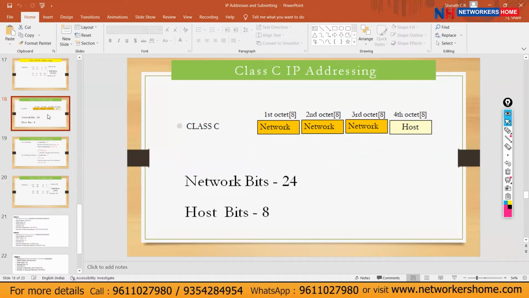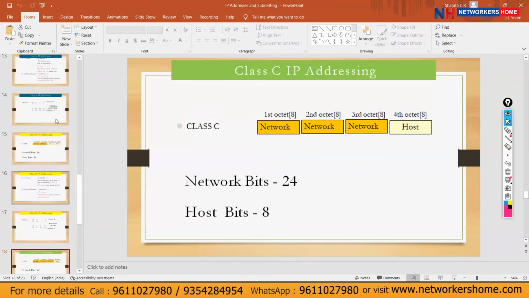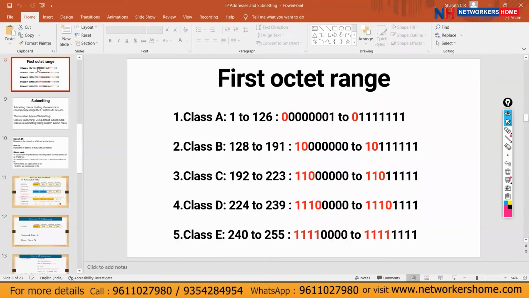Class B uses 172, class C uses 192, in the range. We have divided the range. If the IP address is between 128 and 191, then we say it is a class B IP address. Why are we using 172.16?